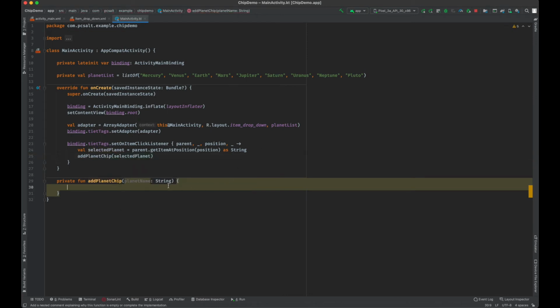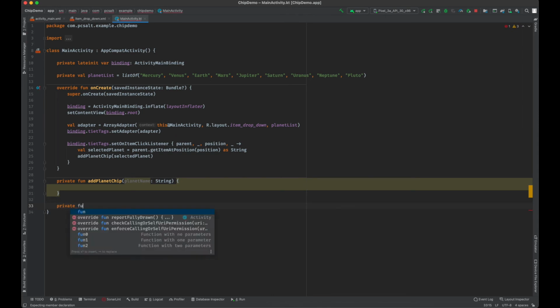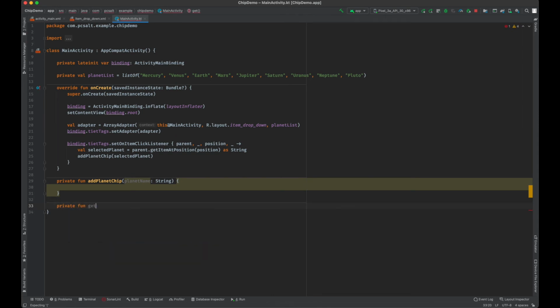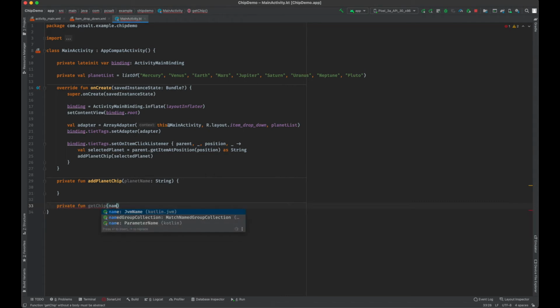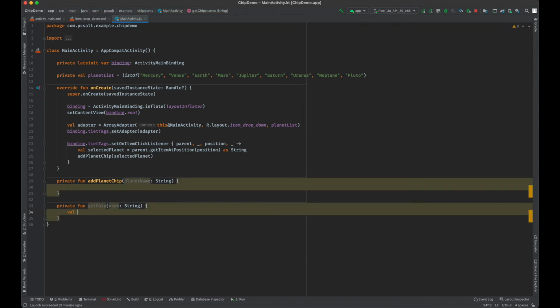Now we can implement the thing, but before that we have to create a chip, so that we can add it to the planet chip, the parent chip group. So we will create another method, and we will be getting the chip object from it, and that we will be adding to the chip group. So we will name it get chip, and we will be passing the name, which will be setting the chip text. So let's create one chip object.